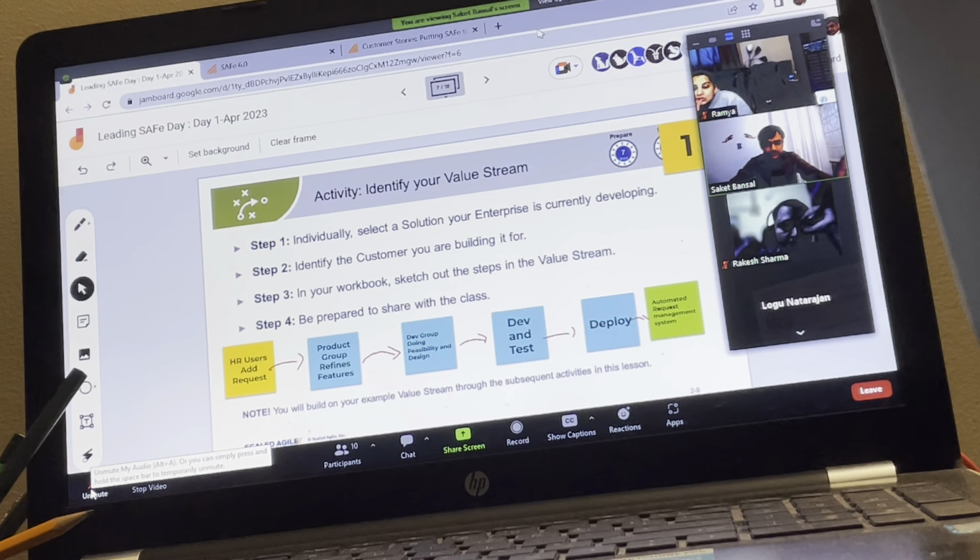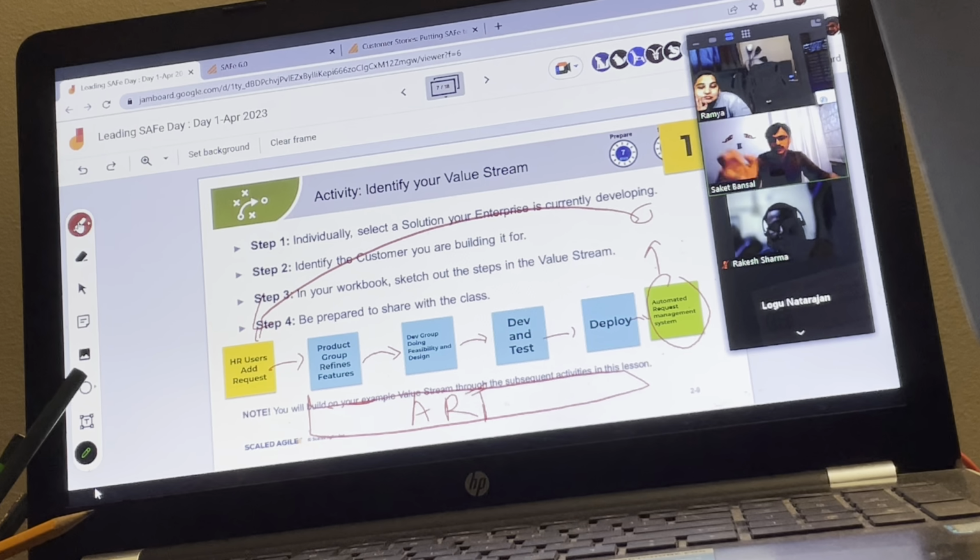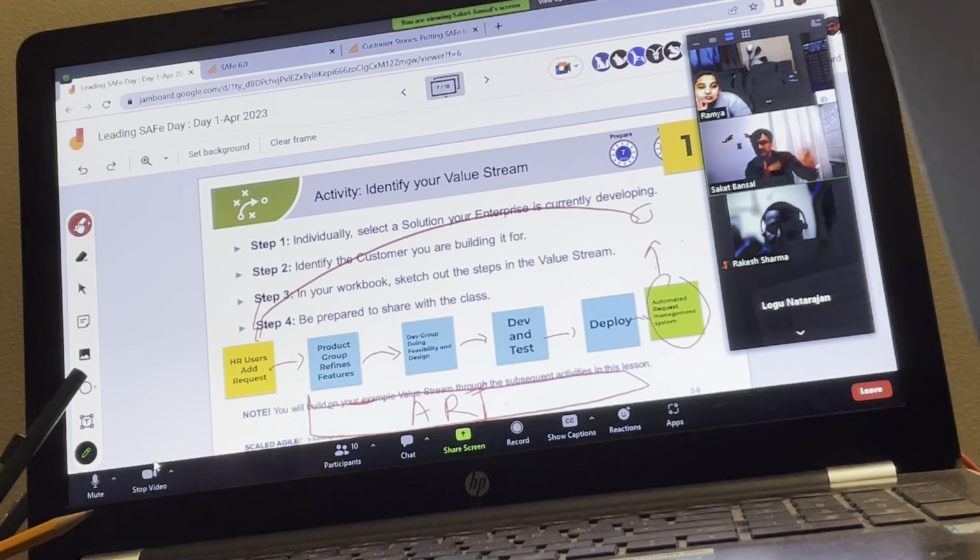Anything else, anyone? If you have any question on this. So development value stream is for multiple features, is that right? Yeah, so it will be basically focusing on a product. You can say this is a product and we will have a repetition of features. So our customers will keep adding features, we will keep delivering them. And this could be one team, maybe an agile release train. Later on we will learn it. We can say we have one agile release train who does all these things and we keep running and we keep delivering it.